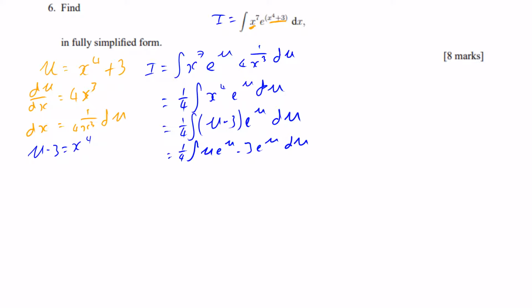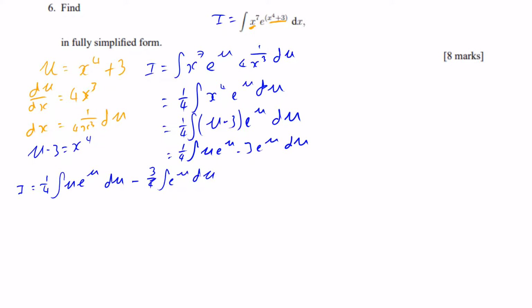So if we split this up into two separate integrals, we've got a quarter of the integral of u e to the u with respect to u, and then we're going to take away 3/4 of the integral of e to the u du. Okay, so having a look at the left hand side,